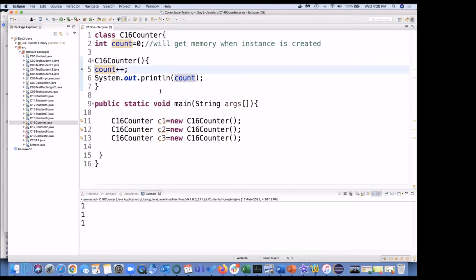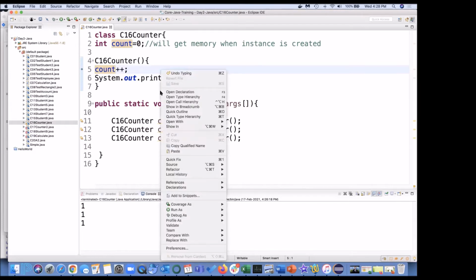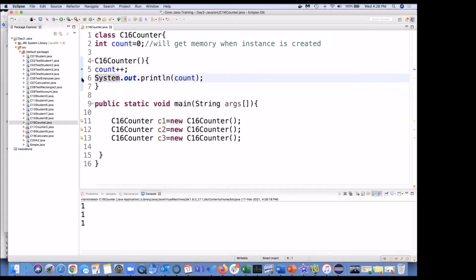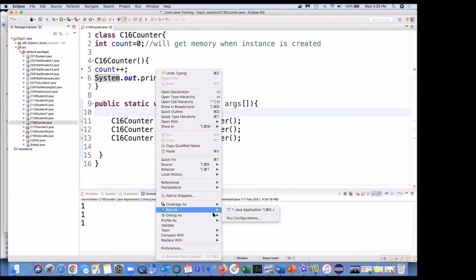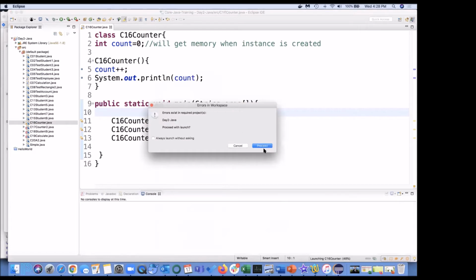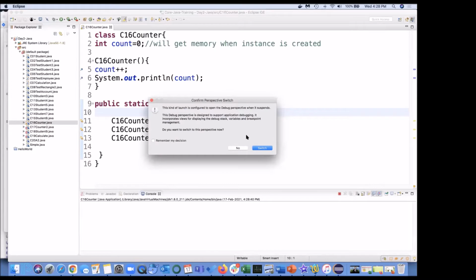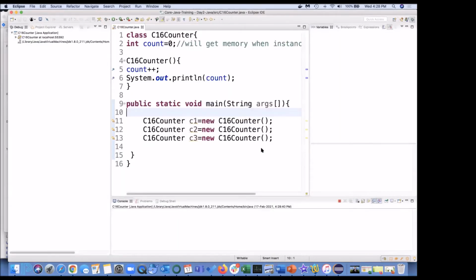put a debugger. We never debugged anything as of now. So debug as Java application, and it is saying it has some error. Do you want to launch? I said yes. And then it is saying this is the Java perspective, and if I run it in debug mode, it is asking me whether I want to switch the perspective. I am saying yes.